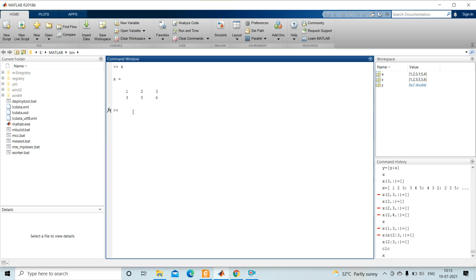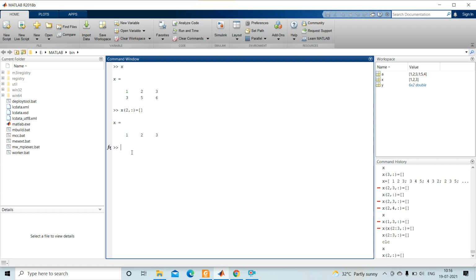So see, for deleting, here we have two rows. For deleting the second row, I can write x bracket 2 comma colon, this equal to null vector. Okay, so the second row is now deleted.